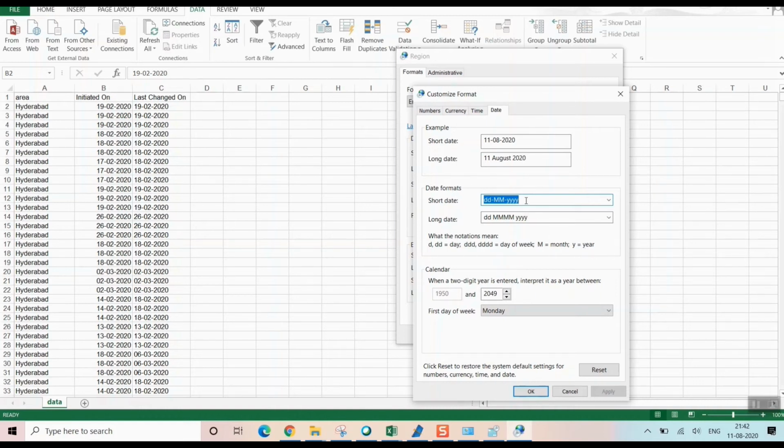So if I just change, for example, MM dash, you have to follow the syntax here. You have to put dash here, MM DD dash, okay, I'll put YY. Once I do that, I'll click apply. You can see how things are changing. It's the month now, 08 is August, it is 11, it is 2020 in the rightmost corner, today's date.